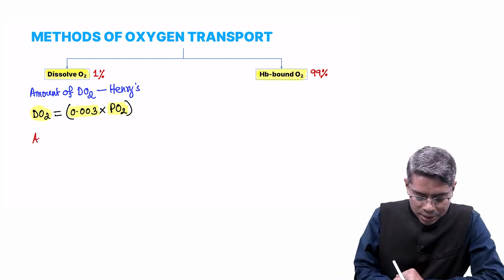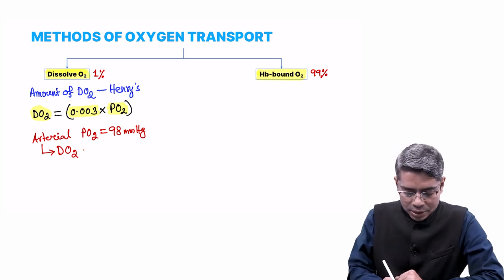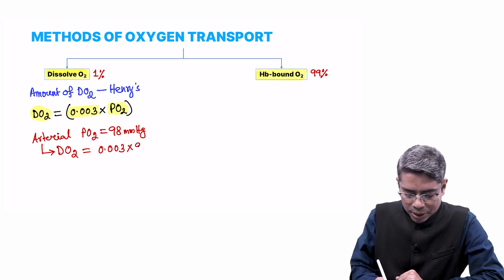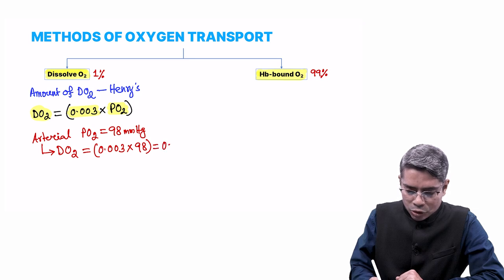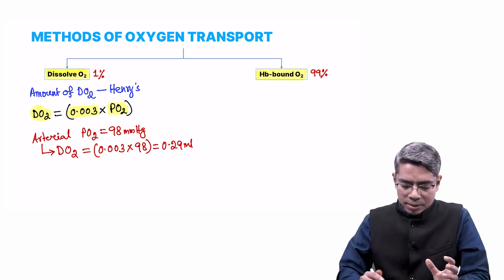So the arterial blood has a partial pressure of oxygen, PO2, of 98 millimeter of mercury. So obviously the dissolved oxygen content in the arterial blood will be equal to 0.003 multiplied by the partial pressure, that is 98 millimeter of mercury, and this will be equal to 0.29 ml. Got it? So if I ask you what is the amount of dissolved oxygen in the arterial blood, your answer